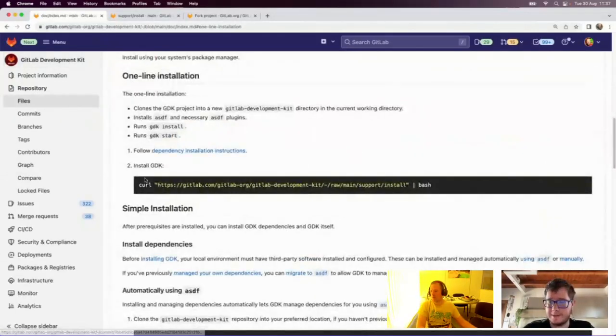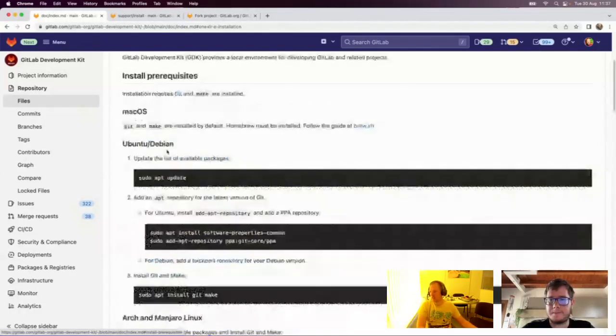Yeah. So you go to the one-liner because I want the easy way, but before that it says I need to do the dependencies, and then in the dependencies, know about forking first if you're not a team member. Yeah, so it's install